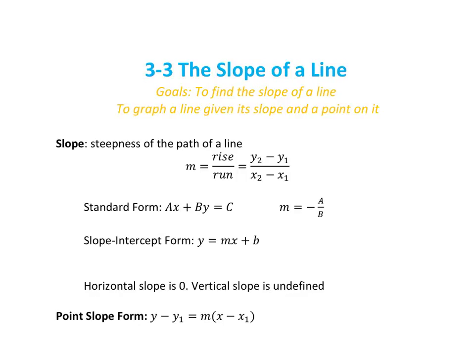In section 3, we're doing some slope action. We're going to have two learning goals for this. The first one is to find the slope of a line. Normally I'm going to give you 2 points. You're going to read the graph or something like that to find the slope, or the rate of change, of